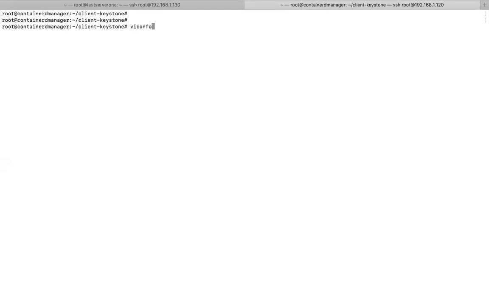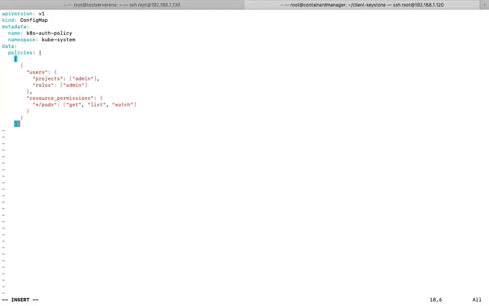So config map-v2.yaml, this is the version 2 config map. So the user is admin, the project is admin project and the role is admin role. This is what we are trying to update. Now save this file and come out.